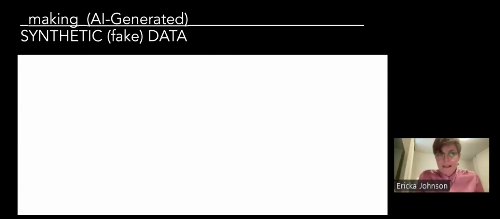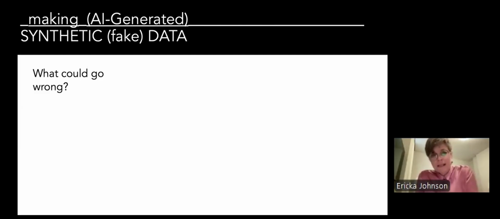Okay, how do you make AI synthetic data? And if you're going to do it, what could possibly go wrong? Well, like I said, you make it by letting an AI, a model, or a machine learning algorithm, learn the essences of your data. And early on, one of the ways of doing this was by using generative adversarial networks. There still are a lot of models that are generative adversarial networks being used to make synthetic data. There are newer ways of doing it too, diffusion models, for example. But whatever you do, what you try to do is let it learn the essential statistical representations in your data.